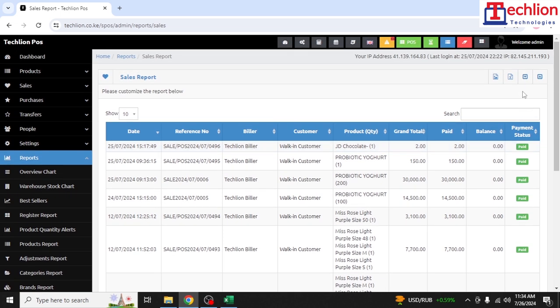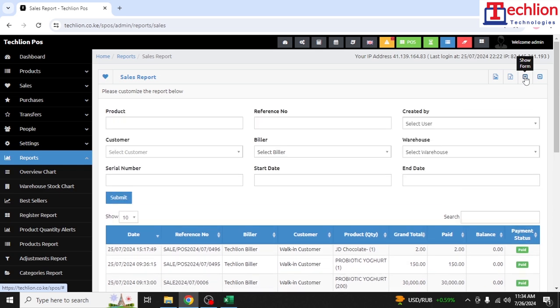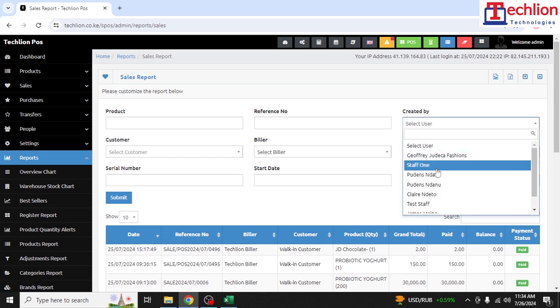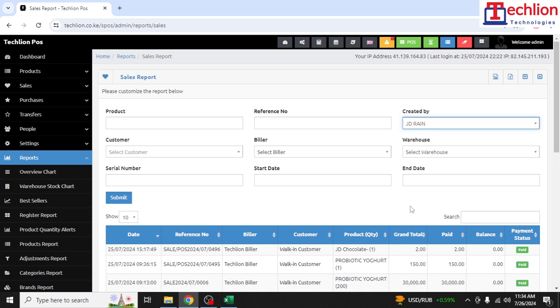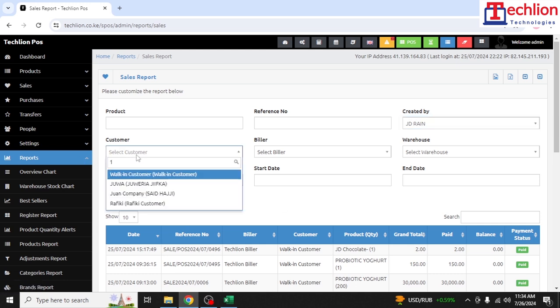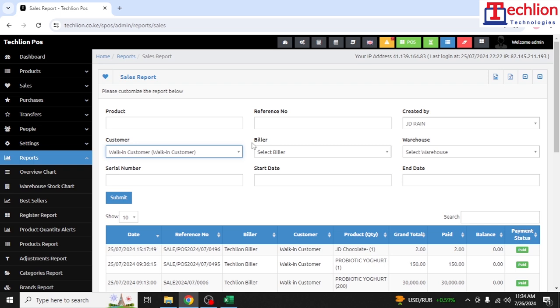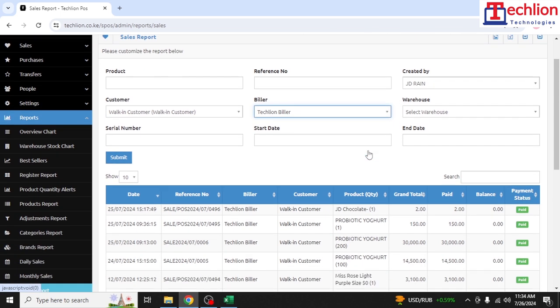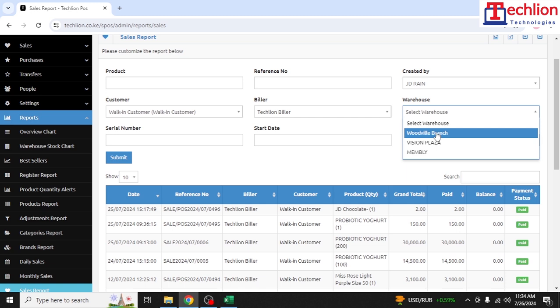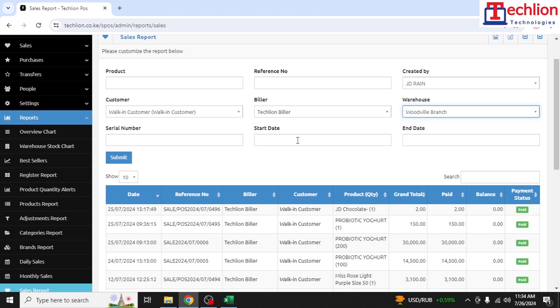You can also customize your sales report on the show form icon on the far top right. You can customize your sales report according to the product, the reference, created by, that is the user who completed the sale, the type of customer, the biller, that's the billing station where the sales were done, the warehouse, the serial number, the start date, and